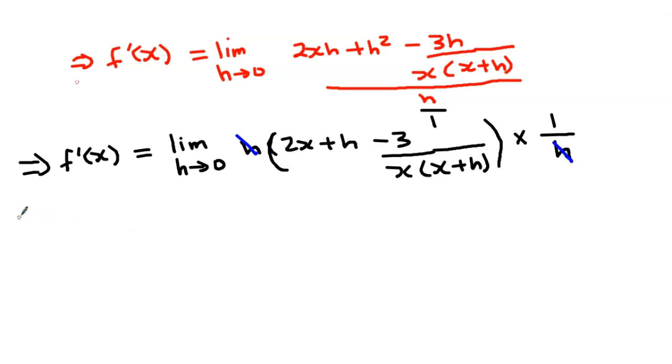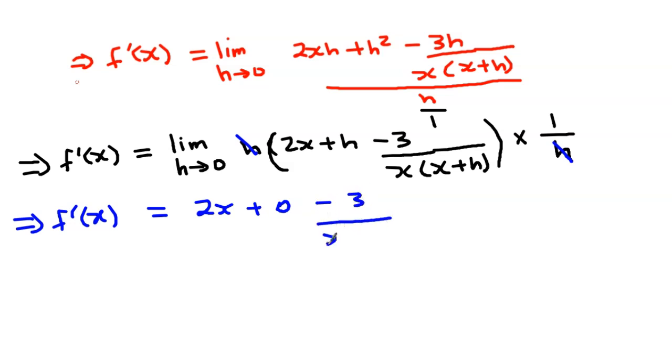So now this implies that the derivative of f of x, as h is tending to 0, wherever we see h, will be equal to 2x plus 0, and then minus 3, and we have x into bracket x plus 0,